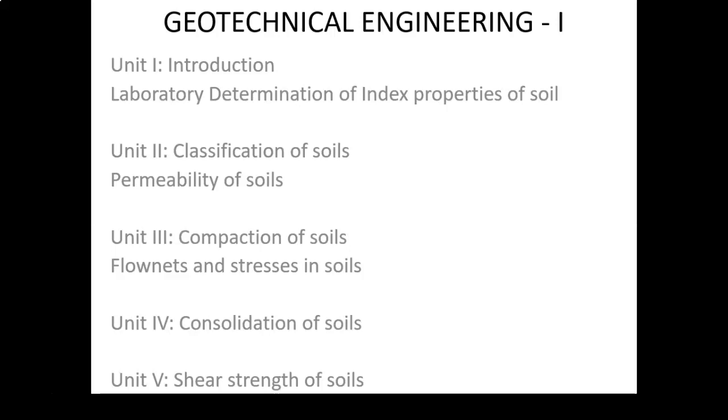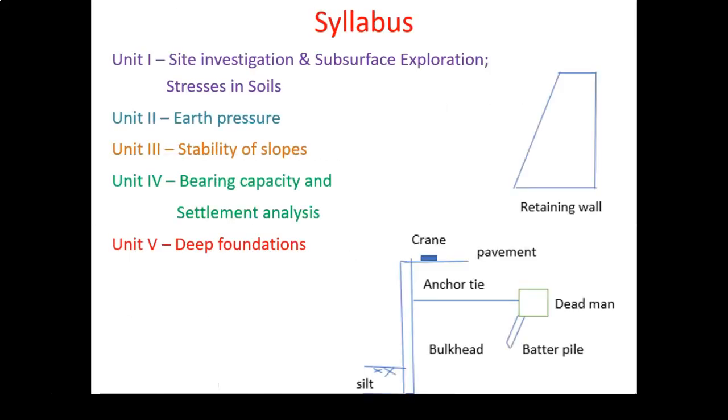We know that every civil engineering structure, either a building or a bridge, must be founded in or on the surface of the earth, and it must have a proper foundation. The foundations are classified as shallow foundation and deep foundation. If the depth to width ratio is less than or equal to 4, it is called a shallow foundation, and if this ratio is greater than 4, it is called a deep foundation.